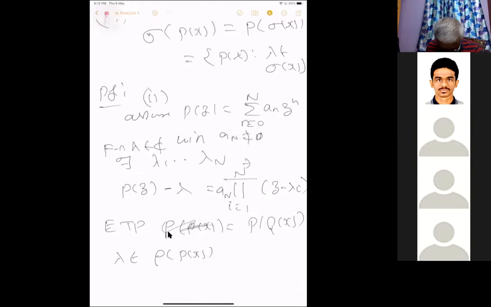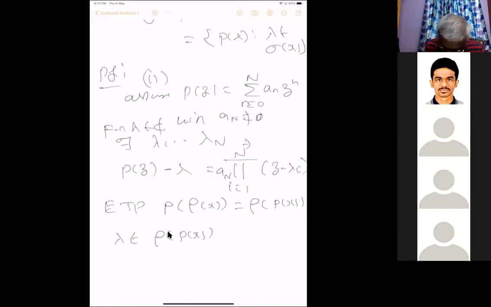I will write it neatly. So it's enough to prove p of rho of x, where rho is the resolvent, equals rho of p(x). Okay, so lambda is in rho of p(x), which is equivalent to saying that the left-hand side does not vanish. Okay, lambda is in, this is equal to,